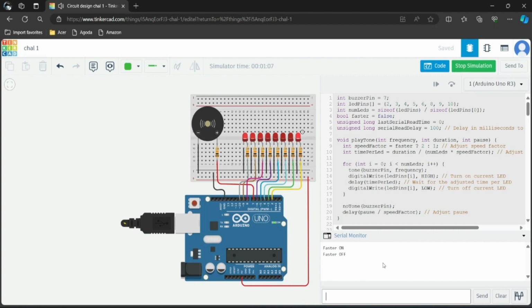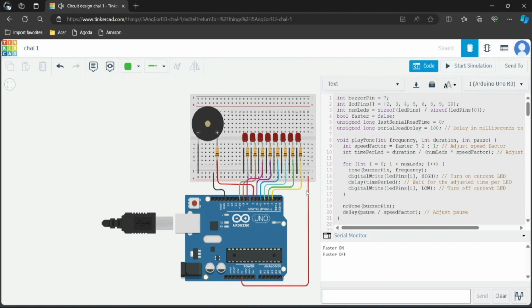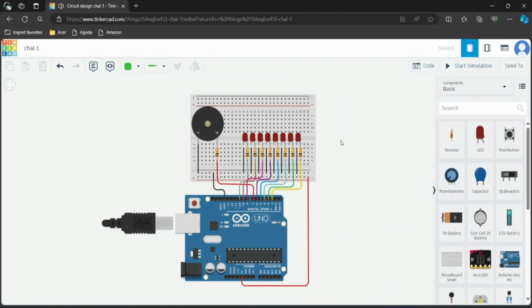It goes back to its normal speed. So it works. We successfully played We Can't Be Friends on the Arduino board with running lights, and also we can speed it up and go back to its normal speed.